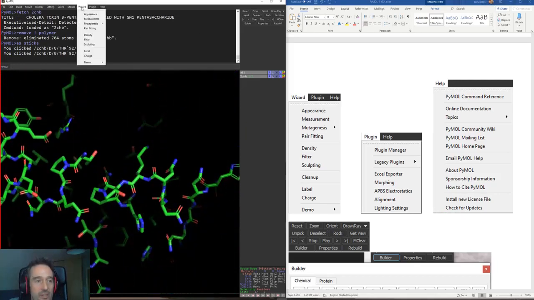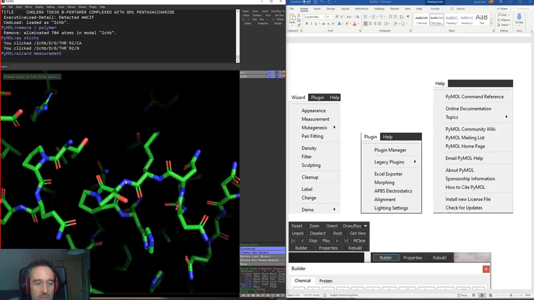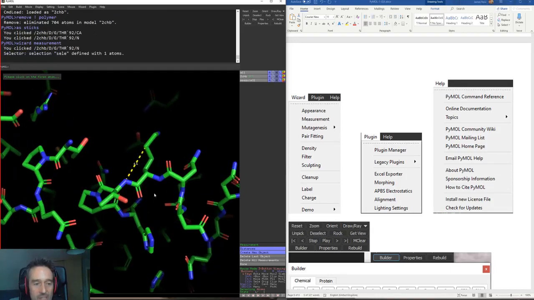There's this wizard. Inside the wizard option here you have this measurement guy, and this opens a box down here. Here you can see on this first button here that I can measure distances, angles, dihedrals, etc. So these are all the different measurements that you could do by using the edit menu. However, when we have it open on the wizard, we get this little box here which says click on your first atom. So what we can do is click on one atom, click on a second atom, and we can